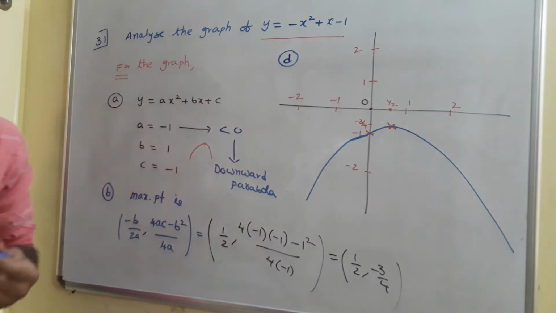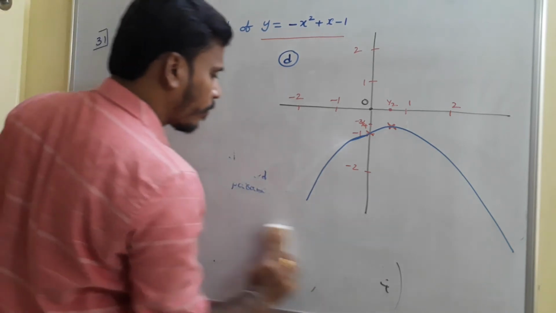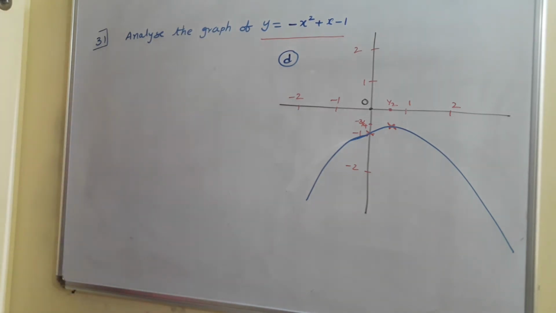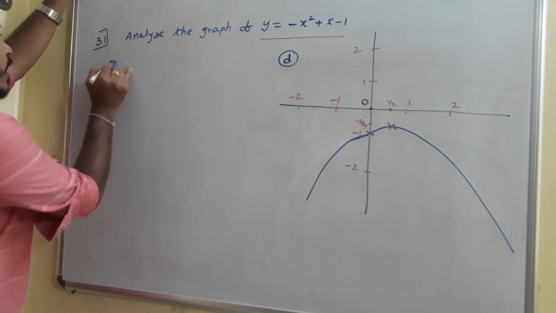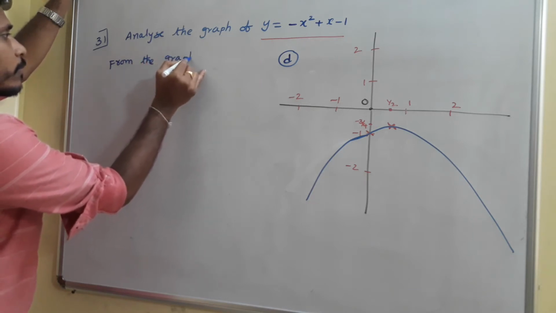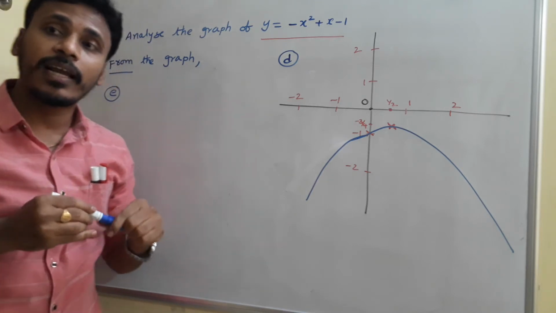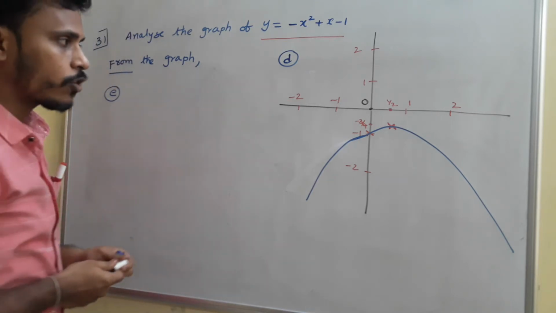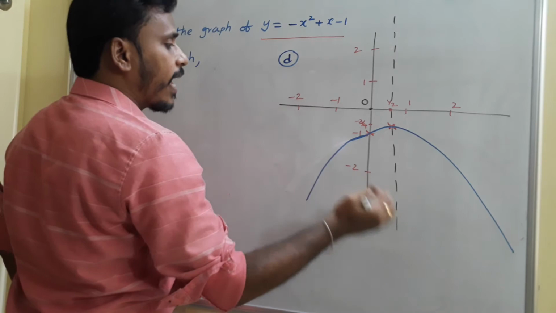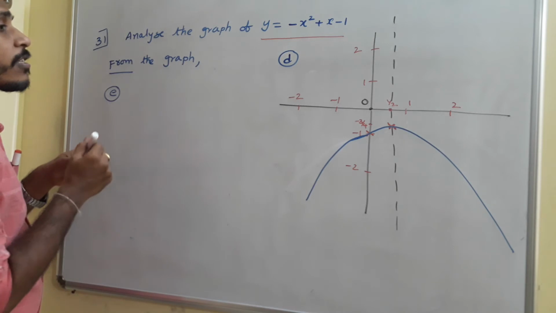This is the graph. And from the graph we need to observe something. For the graph we observed it as a downward parabola. We observed as a maximum point, and we considered the intersection points of x-axis and y-axis. Everything we analyzed for the graph, and then from the graph, first point, see, the graph is symmetrical about this particular point. Already we know it, but we need to analyze, okay? If you have an imaginary vertical line at this particular point, both sides of this vertical line the graph is symmetrical, okay?